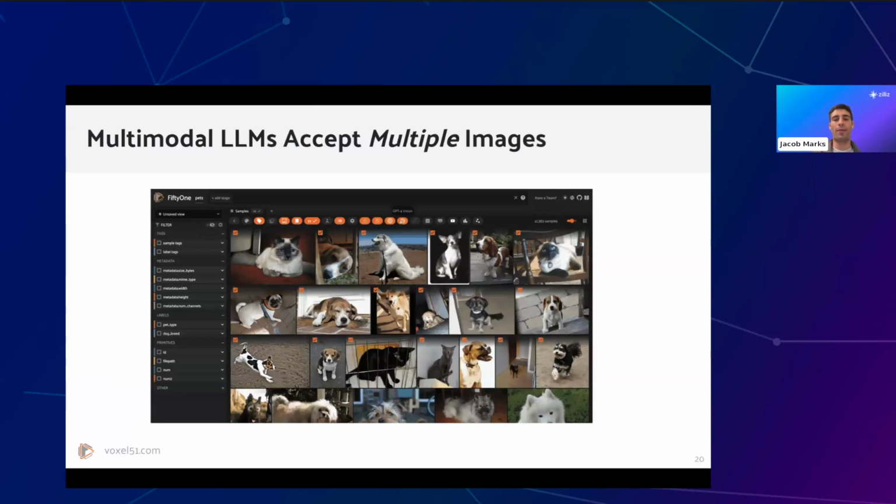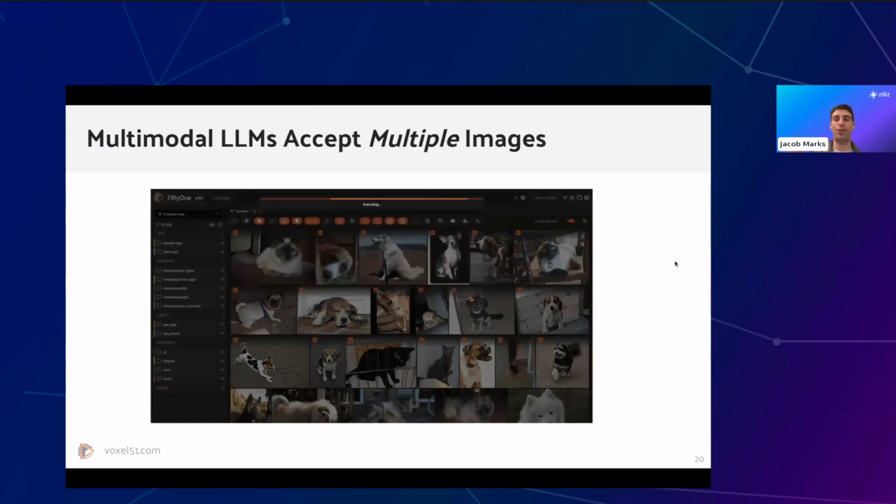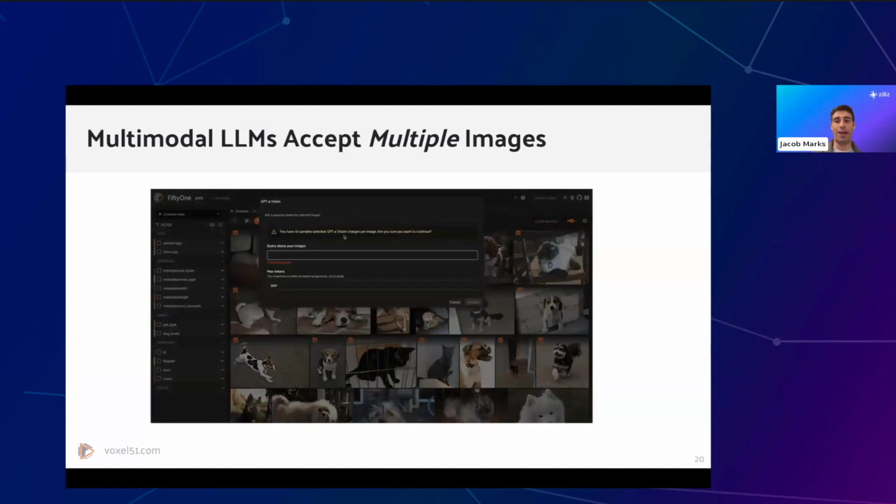And one of the cool things about these multimodal models is that, as opposed to visual question answering and other simple visual understanding tasks that we had in the past, where you could have a single image and maybe a text prompt that goes along with that, here, you can pass in multiple images at the same time. And the number of images is incredibly flexible. You could pass in 1, 2, 5, 10. I've seen people pass in hundreds of images into some of these models at once. In fact, I saw somebody pass in a video via its frames of a soccer match and ask what was going on in that soccer match and get a detailed response. So this is incredibly flexible and powerful.